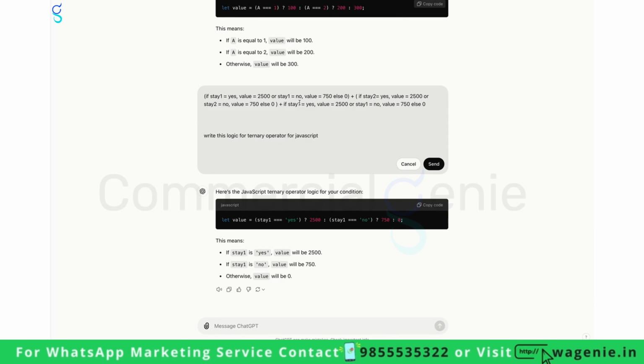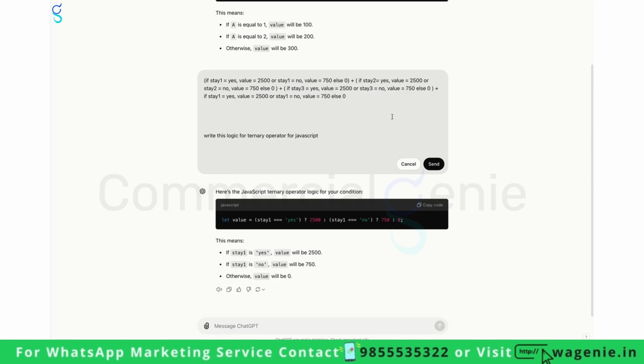Plus stay 3, and plus stay 4. So now this will actually complete our entire formula, because we have 4 individual person fields.